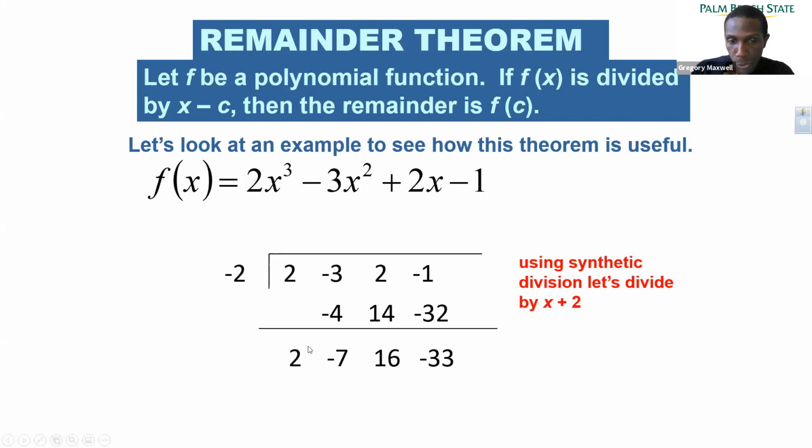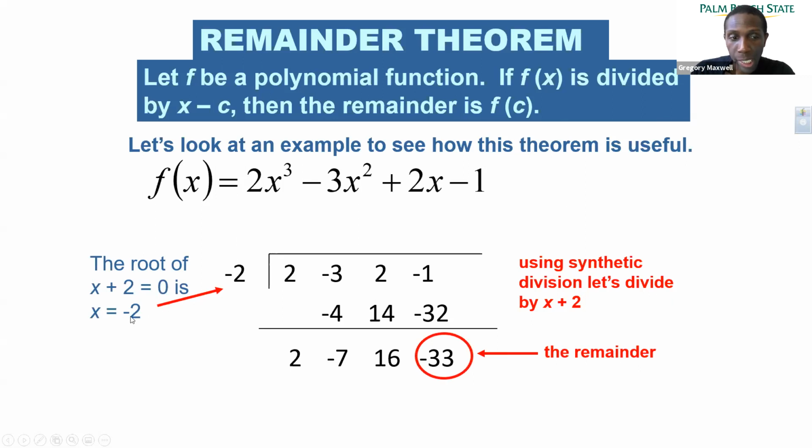Then I multiply -2 by -7, I get 14. Then I add those two numbers, I get 16. Then I multiply -2 by 16, I get -32. Then I add those two numbers, I get -33. And that's the last number. That number will be the remainder. However, if I just take this expression,